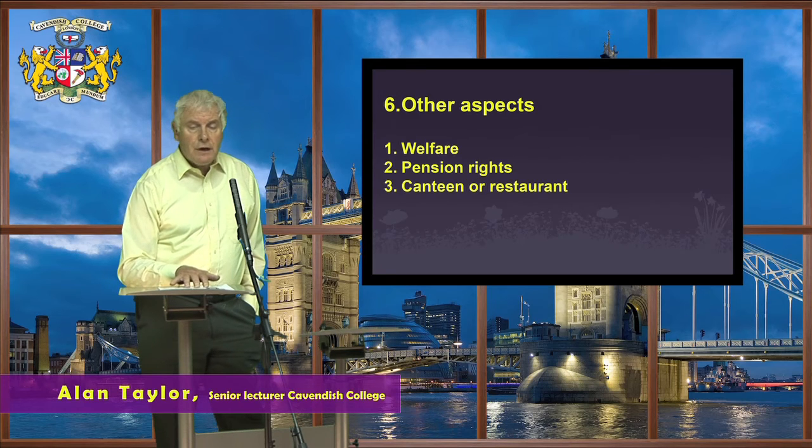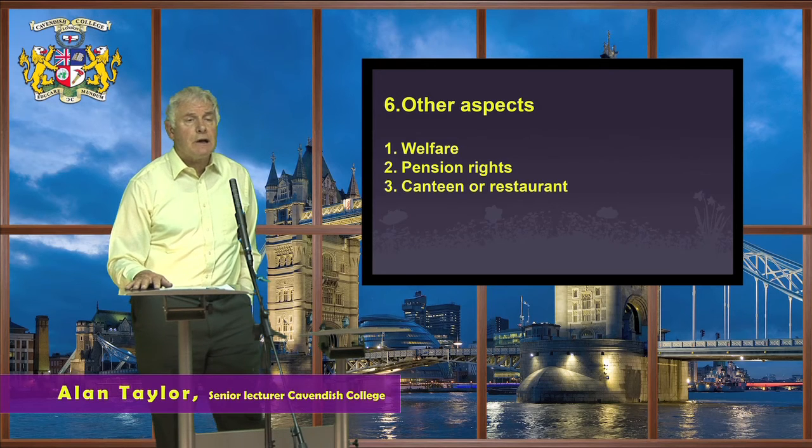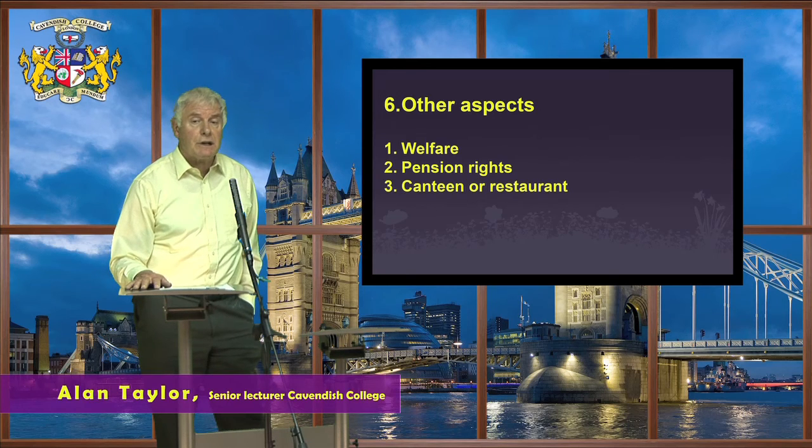Some companies again provide facilities such as a restaurant or a canteen for these workers at lunchtime, and it does mean that perhaps the cost involved might be lower, that they're actually just looking to gain back the cost of the buying and preparation of the food rather than making a profit out of that particular activity.